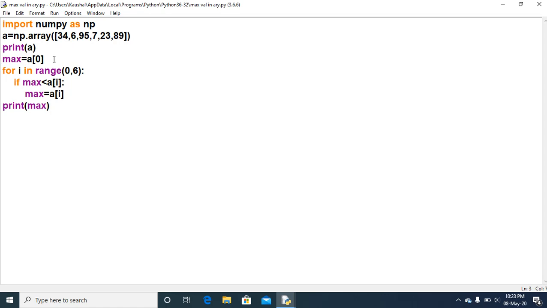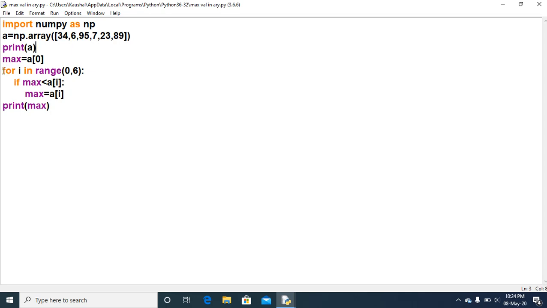As you have done how to find out the maximum value, if you have entered 3 integers or 5 integers and you want to display the maximum, that program you did in standard 11th. Now this is in the case of an array. So we have taken one variable called max, and here I have stored the first element. A of 0 is what? Means the first element, this 34. In this example it is 34. So A of 0 value is stored into max.